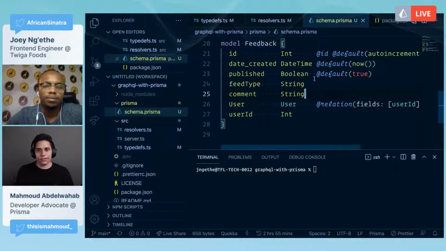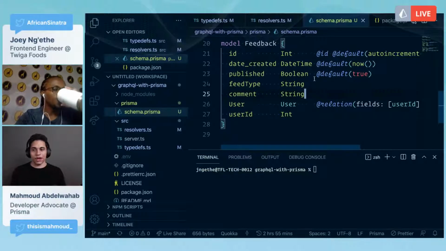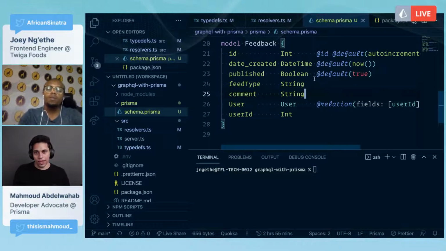Now, one thing I'd like to mention is that the GraphQL API doesn't have to be a one-to-one mapping of your database schema. This is just because our use case is simple. You can define your GraphQL API however you want, and model your database however you want. You don't have to expose everything.